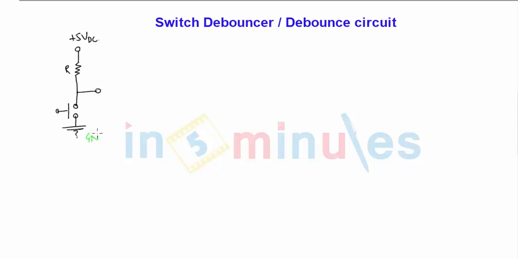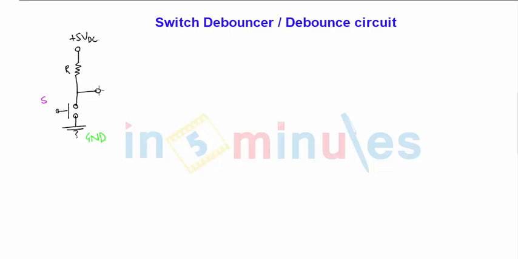So here is the ground, plus VCC. Current limiting resistance R is there. Okay, now with the help of this kind of circuitry we have switch S here, which is pressed. So now the switch is open. When the switch is closed, this path will be shorted and the path will be completed for plus 5 volts and all the voltage will be grounded.